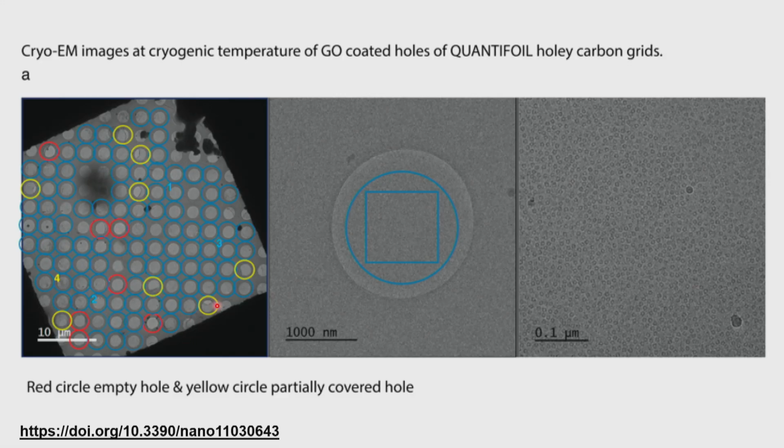If you look at this yellow hole, you can see it is partially covered with the graphene oxide. But if you look at all these blue holes, most of them are covered with a very uniform sized graphene oxide. This is basically some kind of graphene oxide aggregation precipitated here. But you can see the majority of the holes are very stable, and if the holes are stable and the ice does not melt easily, you can collect multiple images per hole.